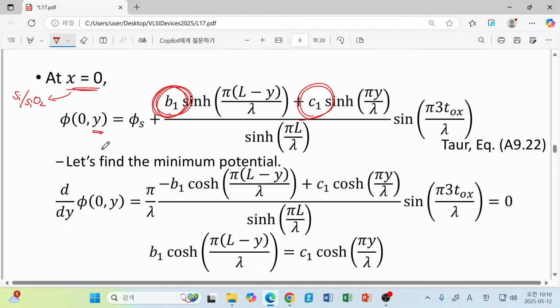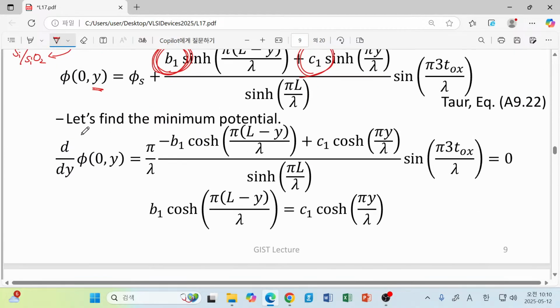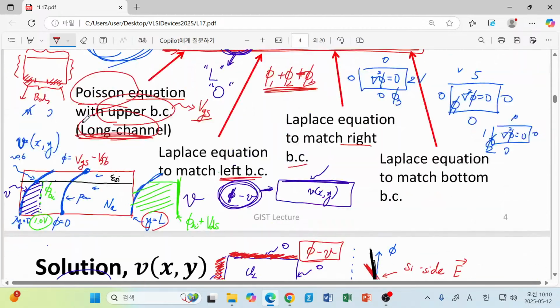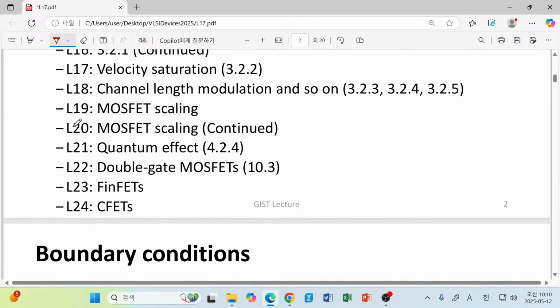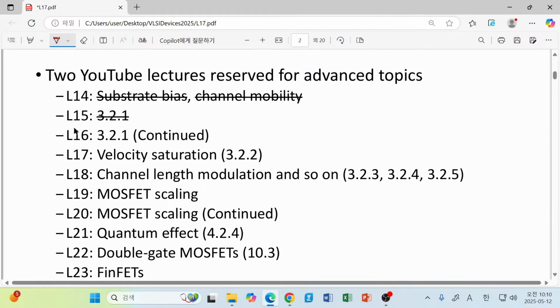So now, well, I think that finishing this discussion in today's lecture is too ambitious. So let's just review our discussion up to now. So today I have spent quite a long time to